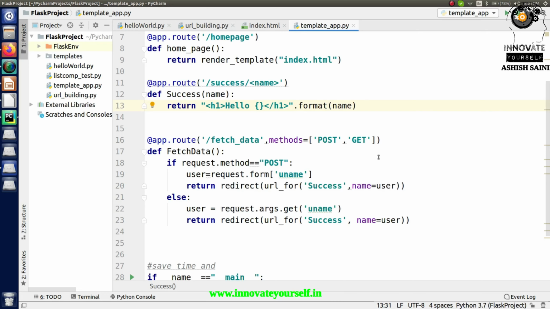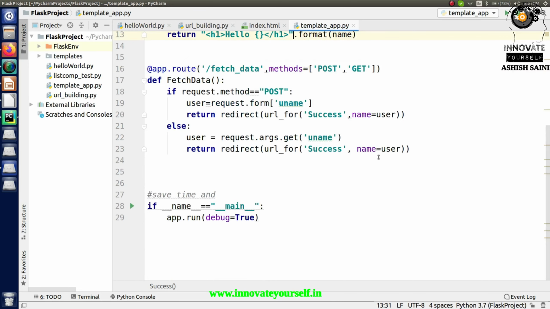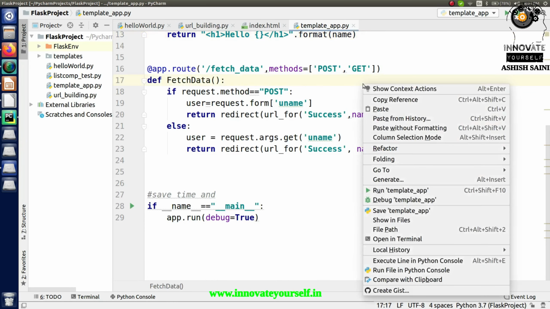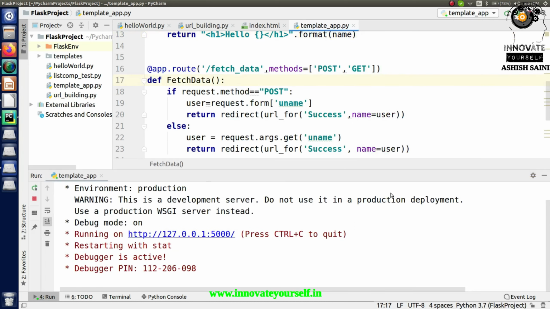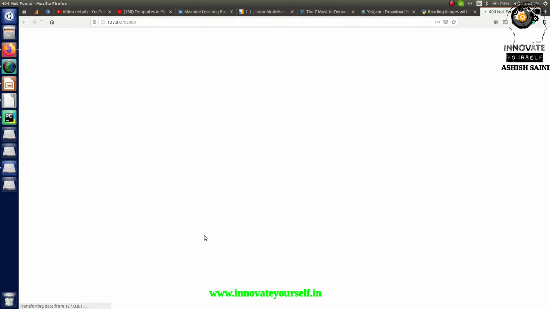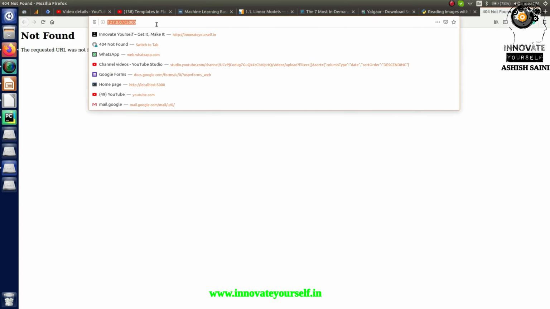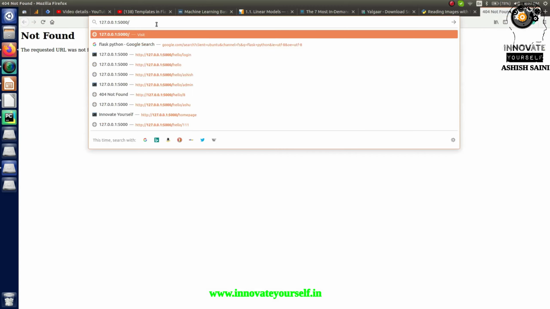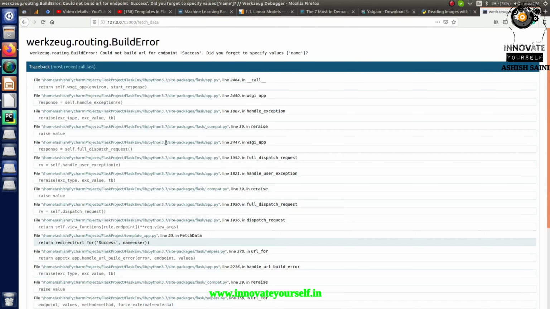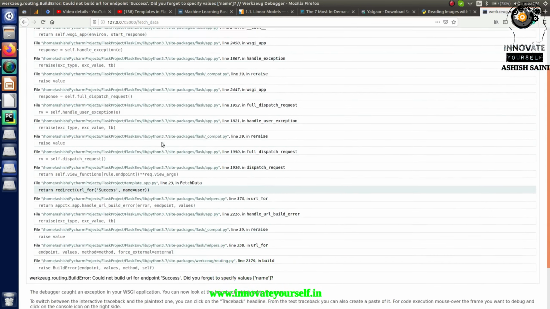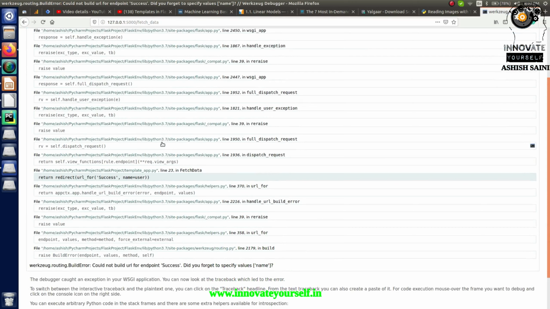Now let's run this and let's see whether everything is working fine or I have to make some changes, right? So let's check that part. So let's run this. Okay, so I guess everything is working fine, so run it. Okay, so it will not work in this page, right? So just check for this page. Okay, so it's not working. So what is the reason for this? So let's check that part, right?